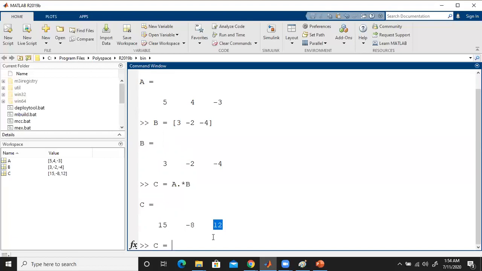Now we are going to add them: C of 1 plus C of 2 plus C of 3. Once we enter, we get the value 19.